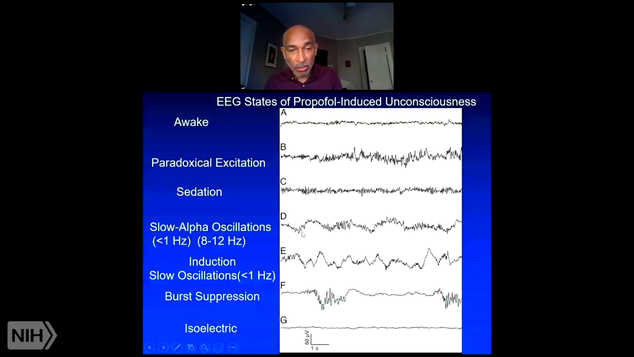You didn't see this state here at all, the alpha oscillation riding on top of the slow oscillation. This is about 10 cycles per second. This is the classic pattern for propofol, which is what we're going to talk most about. And so you can see what you do when you go into a state of anesthesia: you go from being in these low amplitude, high frequency oscillations to these very low frequency, high amplitude oscillations